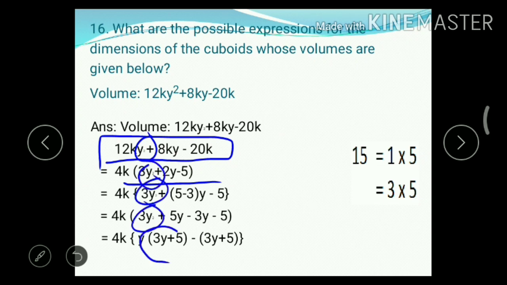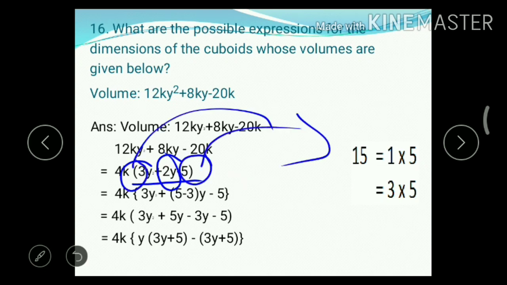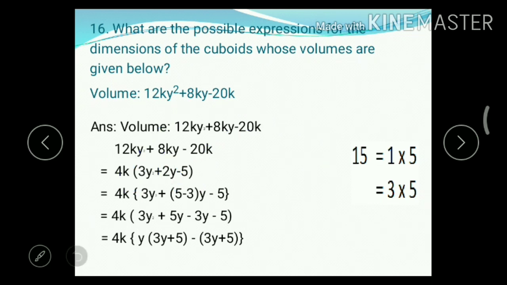So here you can see this is a quadratic equation, and how do we factorize a quadratic equation? We have just done it. Then you have to split the mid term. Before splitting the mid term, what you need to see is the multiplication of the coefficient of y square and the constant term. This will give you 15. You can see here 15. So 15 is not a big number, right? So we don't do the short division, okay? If it had been a big number, then we would have done short division.